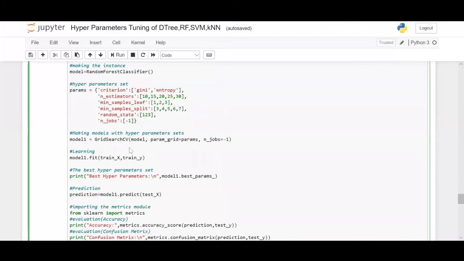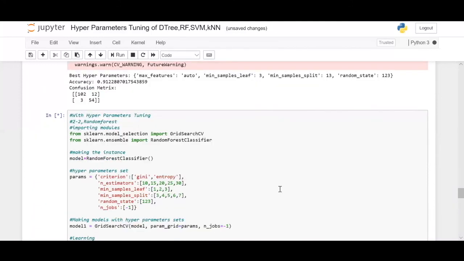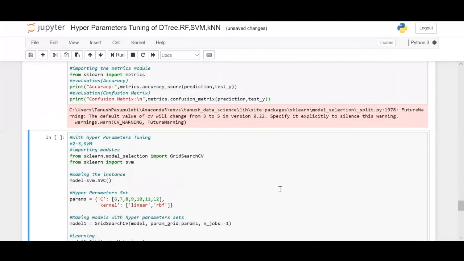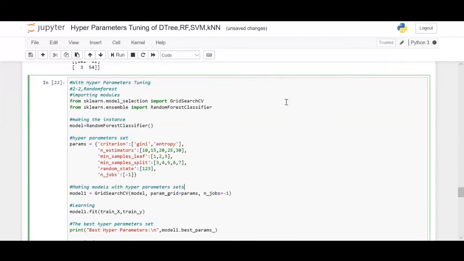So we will define the model as grid search with the base model as random forest classifier and the parameter grid as this. Okay. And now fit it upon the training data, identify the best hyperparameters, and this is the same old mantra which we used to follow before. Run the predictions upon the testing data, identify the accuracy upon the testing data, and similarly the confusion matrix upon the testing data. Let us kick off the training. It's happening. For SVM also in parallel.